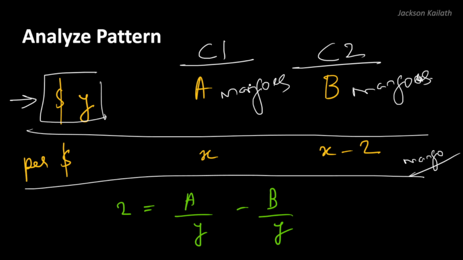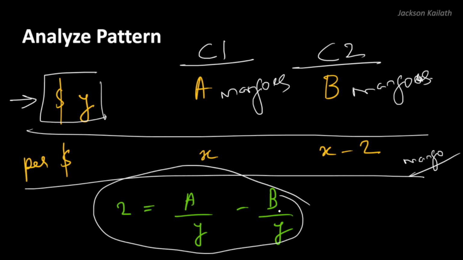Now you can see that over here, the relation between these two is that A divided by Y will give you how many mangoes can be bought for $1 in country 1, which is the same information given as X over here. Similarly, B divided by Y gives you the number of mangoes that you can buy in country 2, which is the same information given over here as X minus 2. And the added information in the question is that the difference between these two is 2. So if you subtract them, that is A by Y minus B by Y, that's equal to X minus X minus 2, which is equal to 2. And then you can form the equation, and then you can go ahead